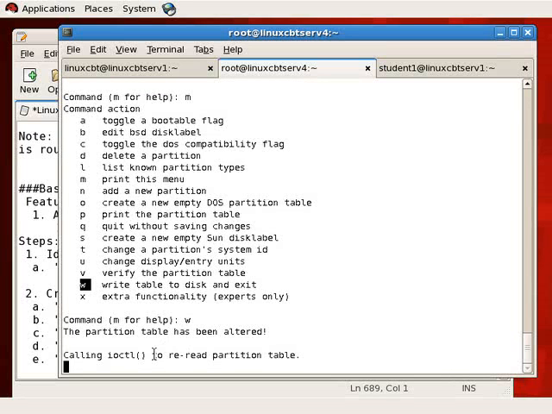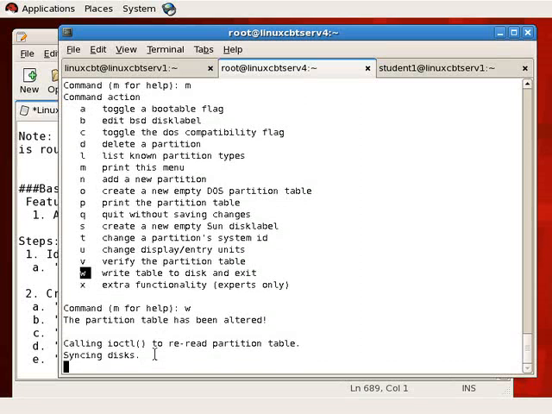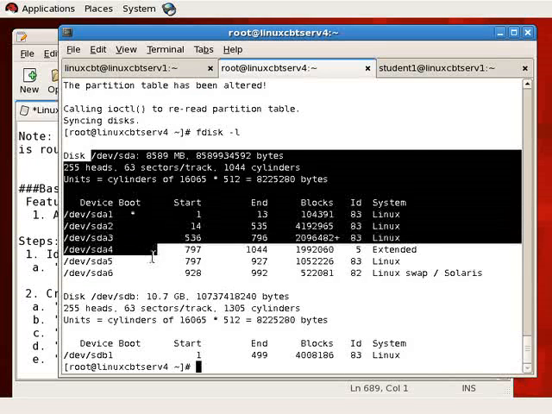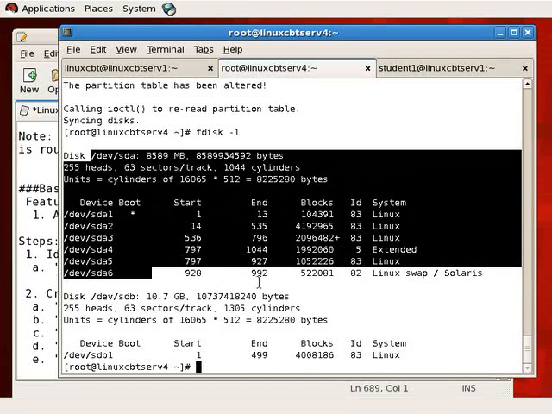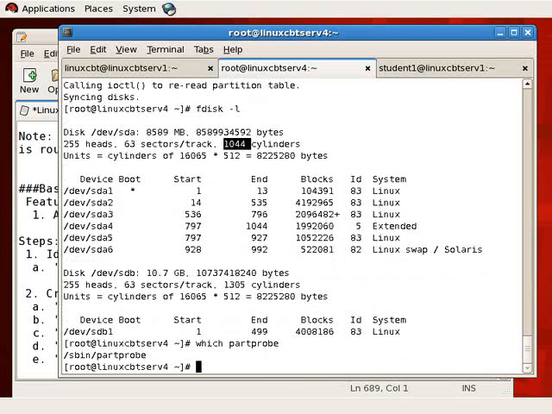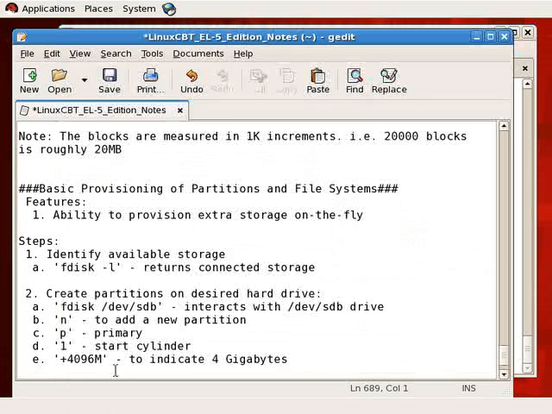So this writes to the hard drive, and if all goes well, we'll be able to create a file system on the hard drive. Sometimes there are problems syncing to the disk, especially for disks that are currently in use. So for example, fdisk -l, if we attempted to update the first disk, SDA, by creating a new partition between the cylinders 993 and 1044, sometimes with a running system, you'll be unable to do so unless you use the partprobe utility. The partprobe utility forces changes when you indicate the